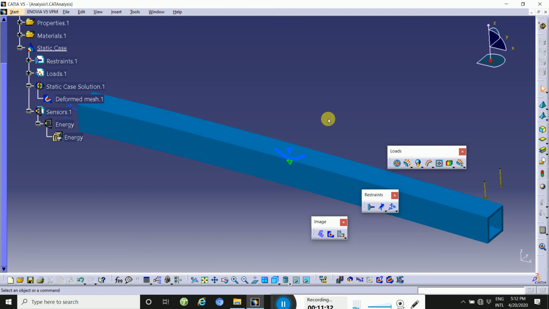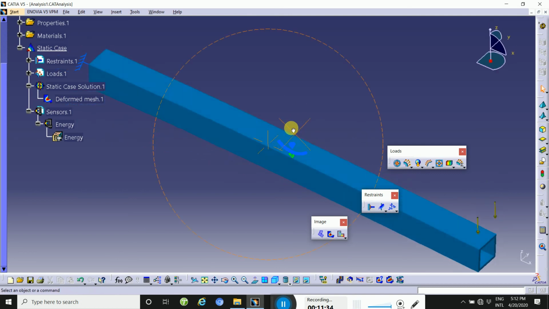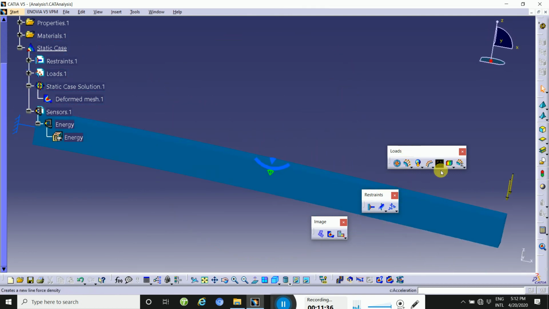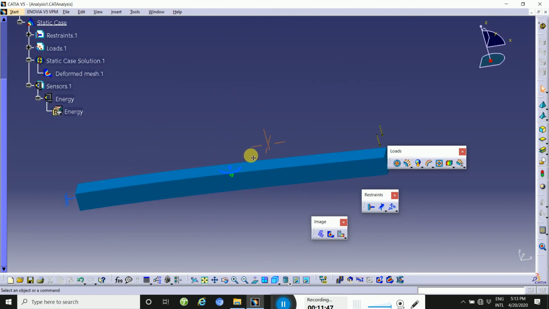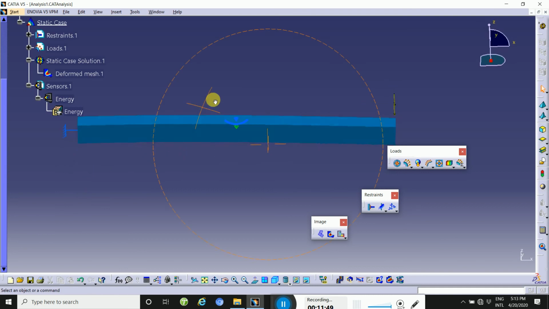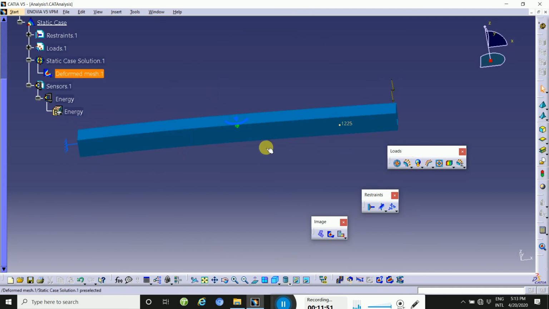As you can see, this is the deformation. Here you will see how much your part will be deformed.